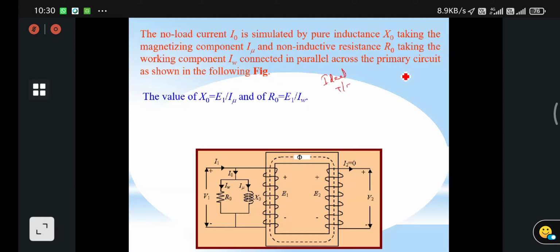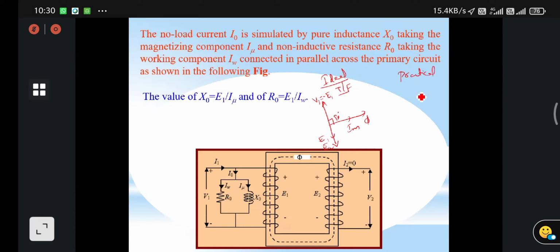This is the ideal transformer. This is the practical transformer. So in the ideal transformer we have this one. This is the Im, and what about the flux? And here this is the V1, that is equal to minus E1. Here E1 and E2 will be there. This is exactly 90 degrees. This is the ideal transformer phasor diagram.